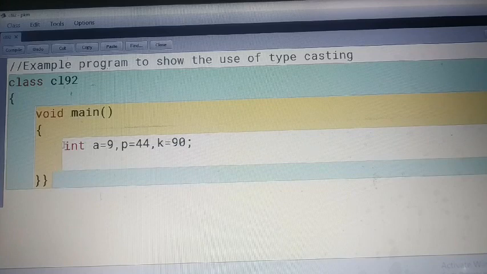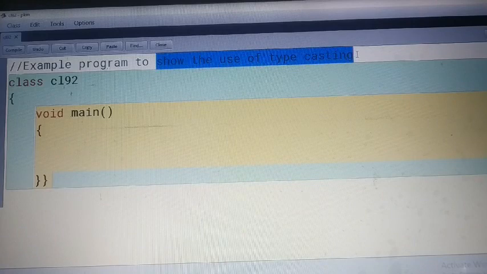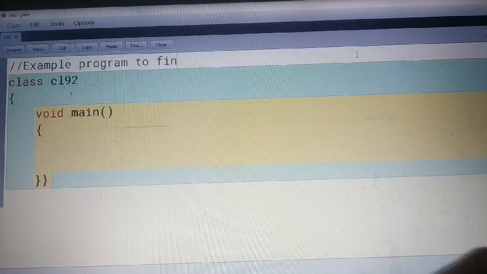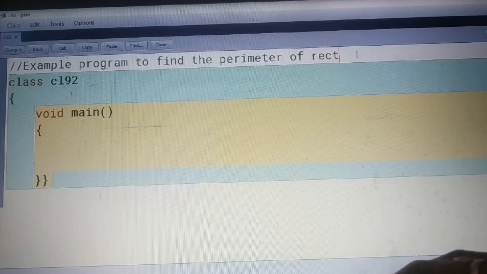Suppose we have to find out the example program to find the perimeter of rectangle.